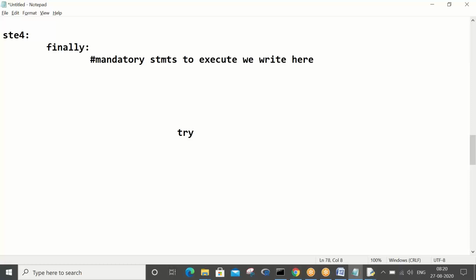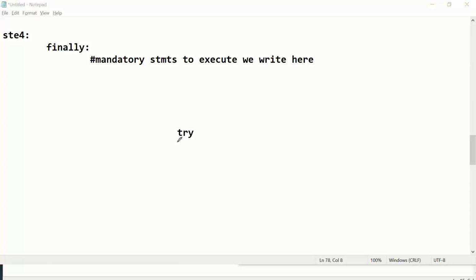If this try block is leading to an error, okay, what is going to happen? If the try block has no error, write down error and no error.